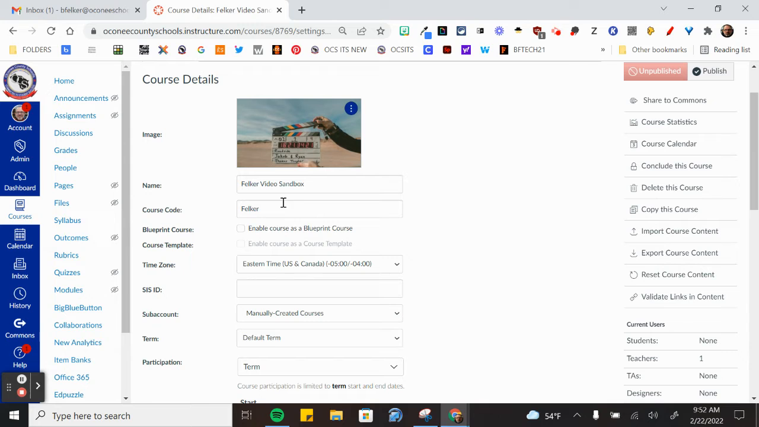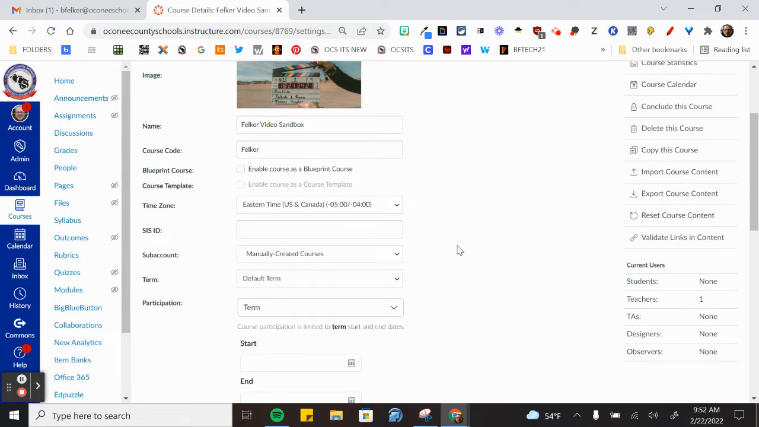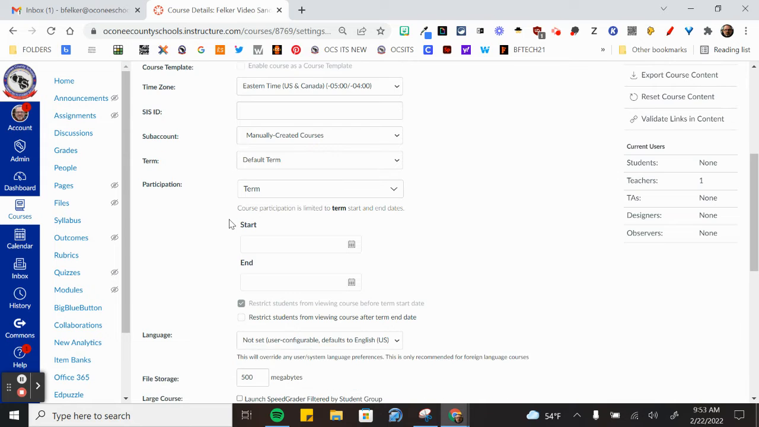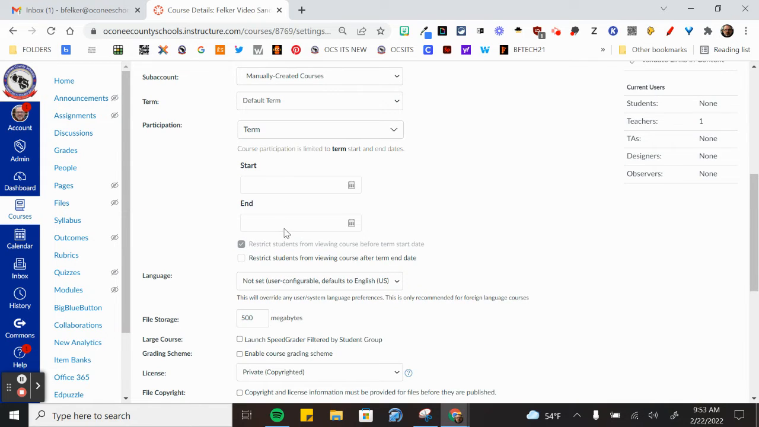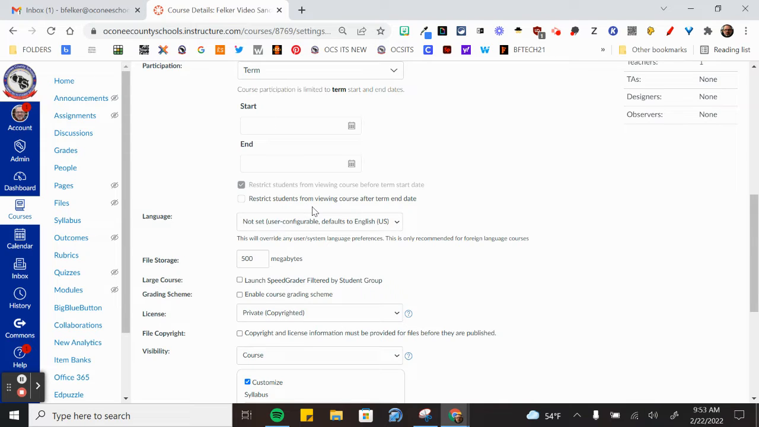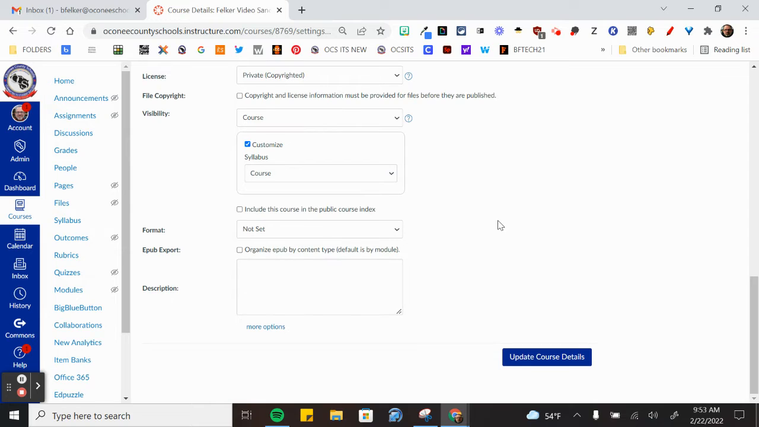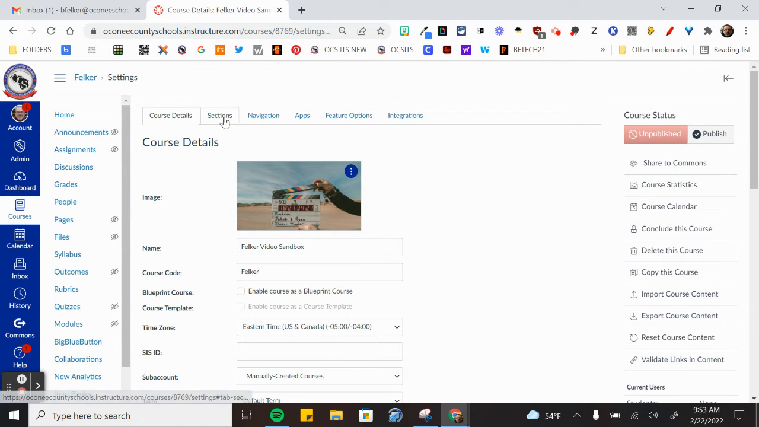I can change the name of it. I can add a course code if I wanted to. I would not use the enable course as a blueprint course at this time. You can enable it as a course template in the future. We'll turn that on eventually. Make sure your time zone is correct. You can change other items here on the screen as well. You can choose a term, like when it starts and ends. And there's a number of things on this page you could change if you want to, but you don't really have to. I'm going to switch over to